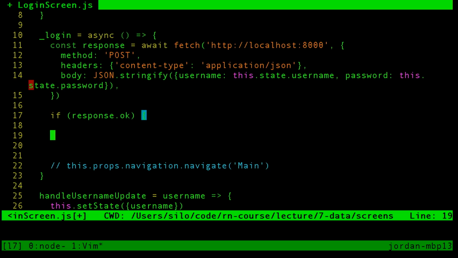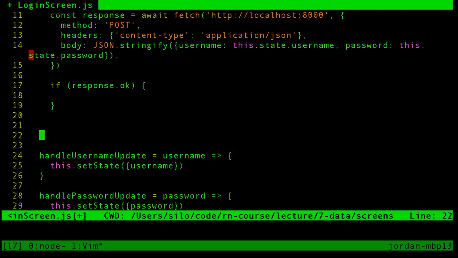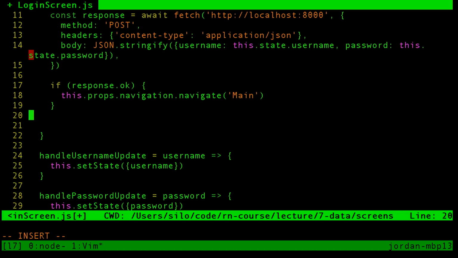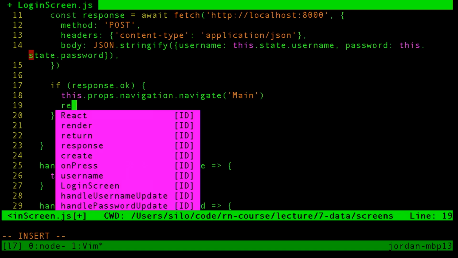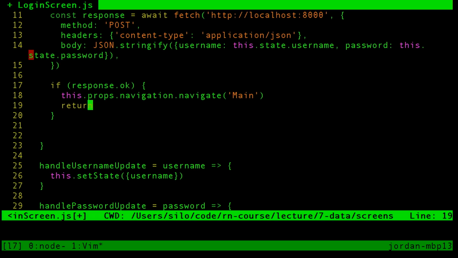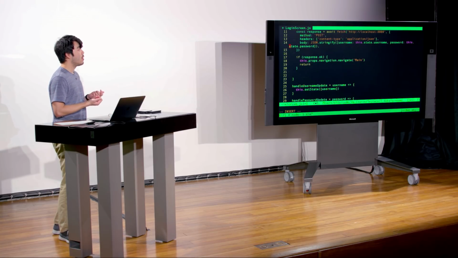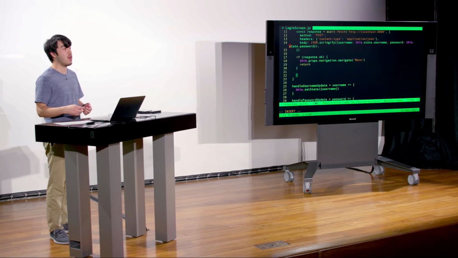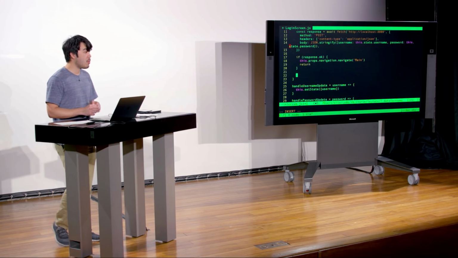Then they're good. Or in other words, if the response is equal to 200, because we actually know in the backend for this particular example, it'll only return 200. But we can go ahead and use this more general one. Then we're going to want to log them in. And we can go ahead and return, because that was successful. Otherwise, there's a problem. They did not do what they wanted to do, or their password was not correct, or they were not actually a user. So we're going to have to